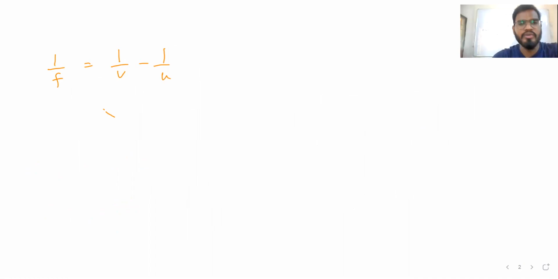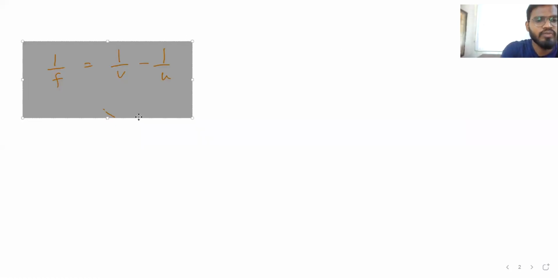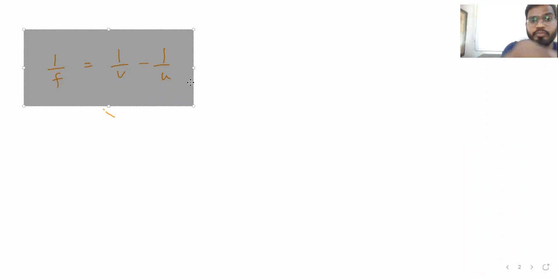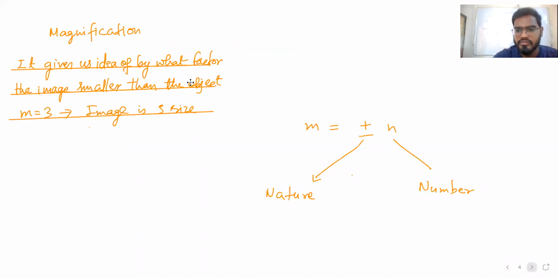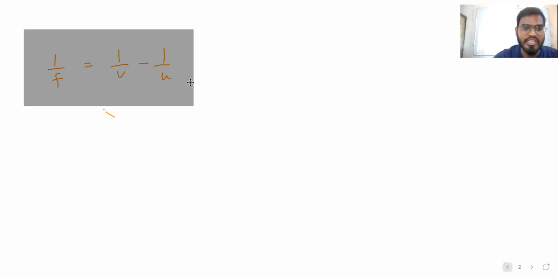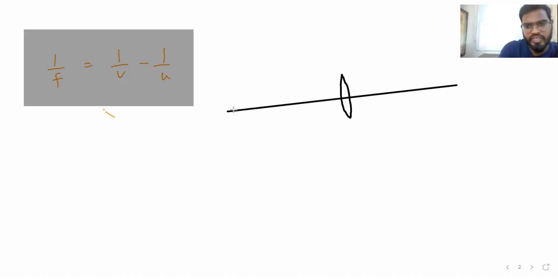Next we are going to see the formulas related to this image formation. First, we are going to see the lens formula. The lens formula is, for a mirror, 1 by f is equal to 1 by v plus 1 by u, and here it is minus, right? Next, for this, what is v and what is u? Let's see with a lens, so it will be easier to understand. V, u and all.